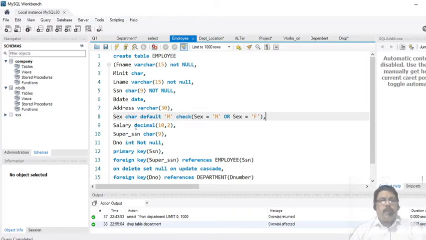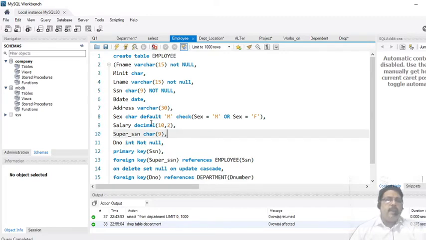And one more data type we have discussed here, that is decimal. Decimal 10 comma 2 means total 10 digits. Out of that, 2 are fractional digits, 1 is a decimal place, and another 7 digits are integer part. So I repeat again, in decimal total 10 digits, 2 digits are fractional digits, 1 for decimal place and 7 for integer place. So totally 10 digits it will take.